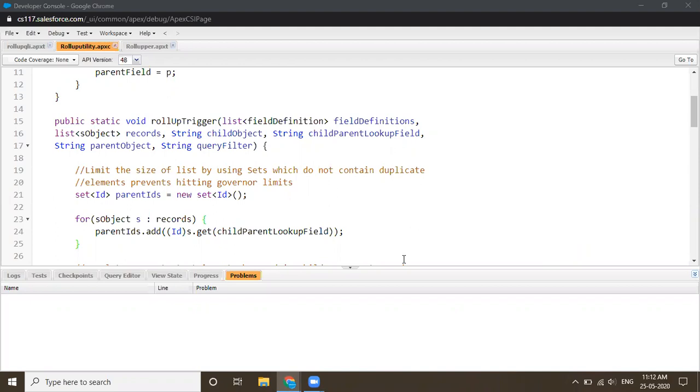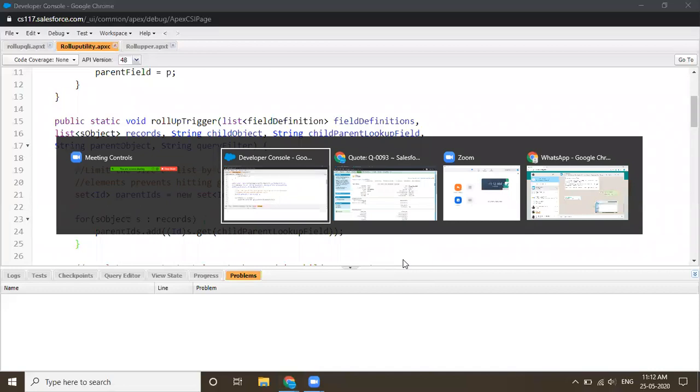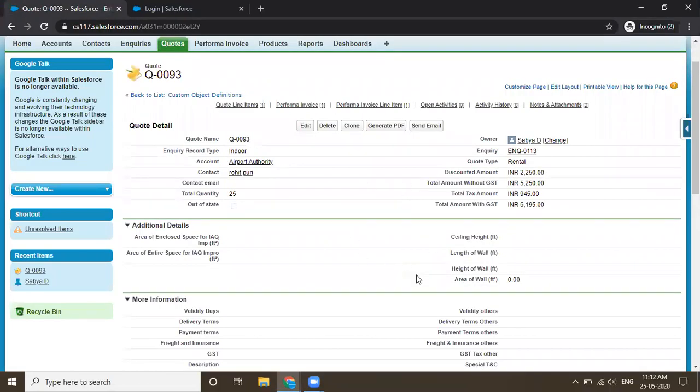Actually, I've mentioned in my past video that I'll write some common triggers that have been used, and this is one of the crucial triggers that we use in every project, because we want to roll up some fields, or we want some roll up from lookups as well. So lookup to lookup, how can we roll up? Because in Salesforce, we can just roll up on the master detail relationship. If we have a master relationship with the object, then only we can do the roll up. So how can you do the roll up in lookup as well as in master, because in master also we have some cases. I'll share my real life project scenario.